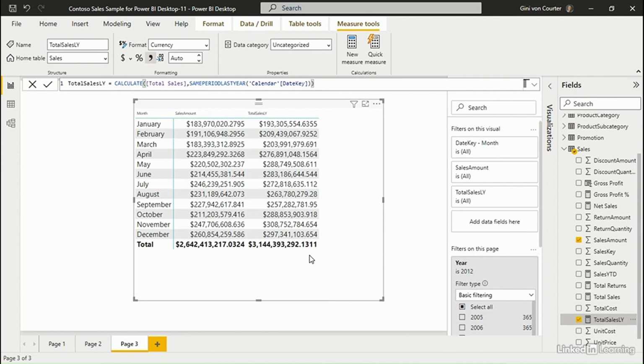If I wanted to filter this, for example, by quarter or by month, I could do so. And I would only receive results from the same quarter or same month in the prior year. This is sweet, and from here I might choose to create some additional measures that would, for example,